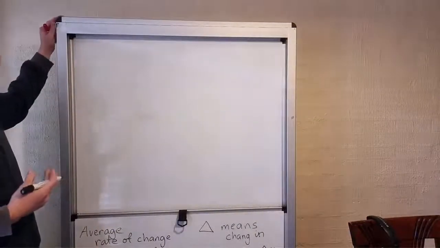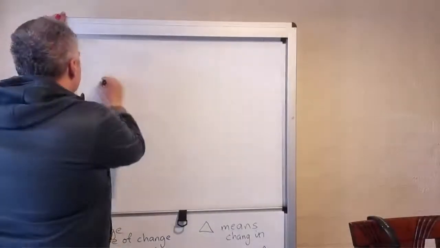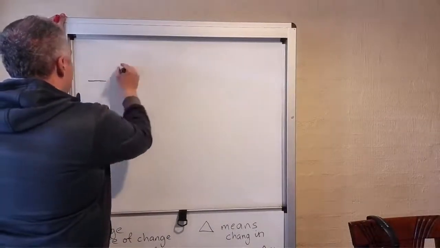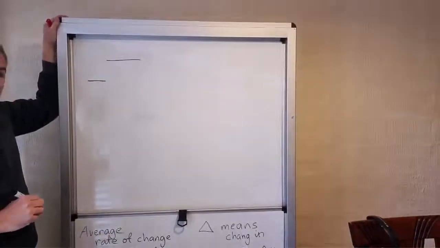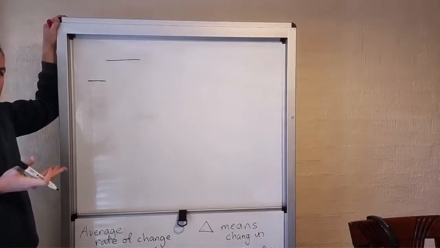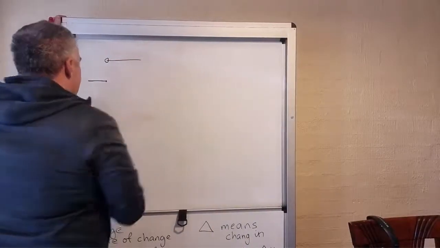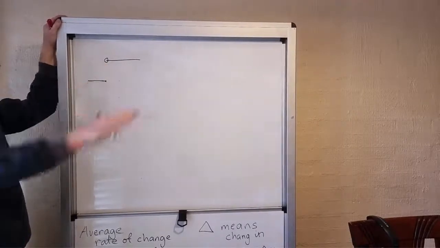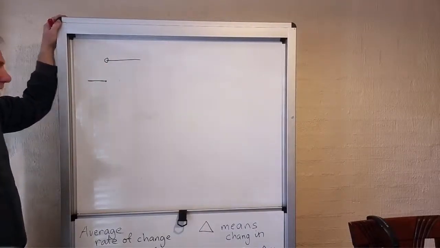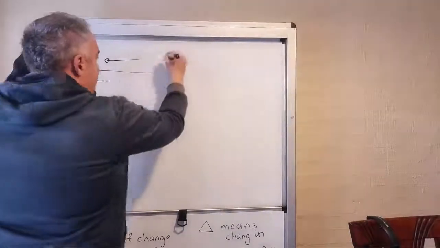Okay, for you to have an average rate of change that is meaningful, you cannot have a gap. Okay? You can't have a gap in the line that's like this. This is called a piecewise function, and it's the sort of function that goes from here to here and jumps between the two. Okay? This function might be something like